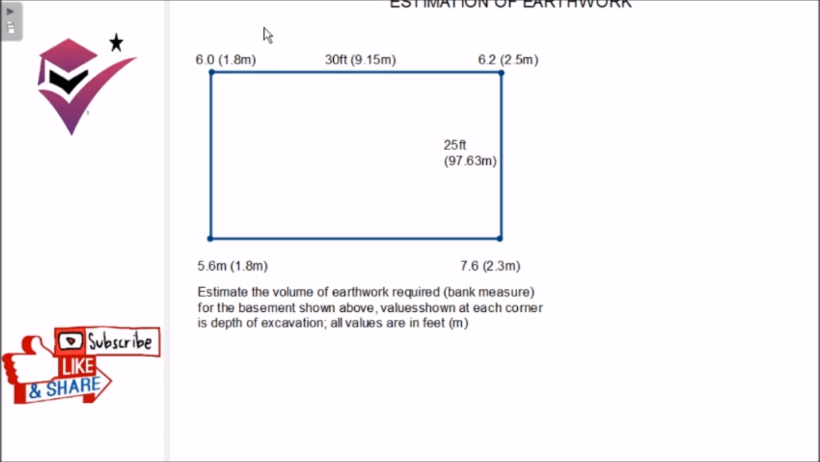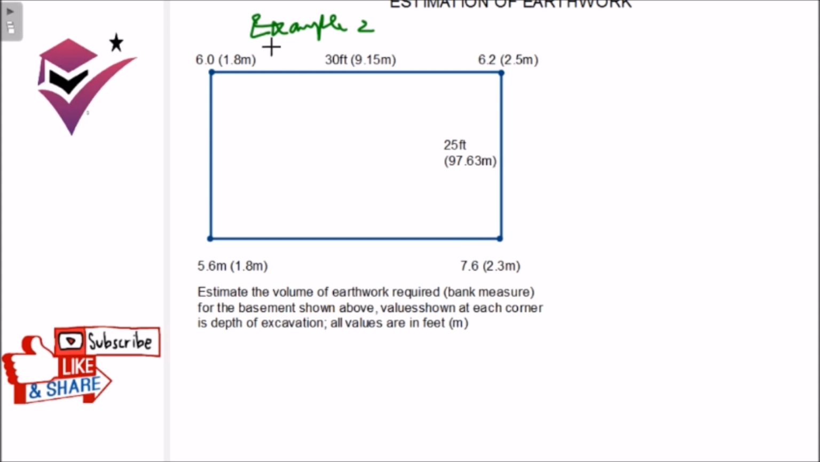Let's call this example 2. Example 2. So here we are asked to estimate the volume of earthwork required in bank measure for the basement shown above. Values shown at each corner are depth of excavation,